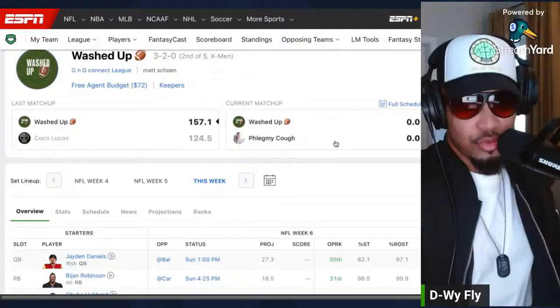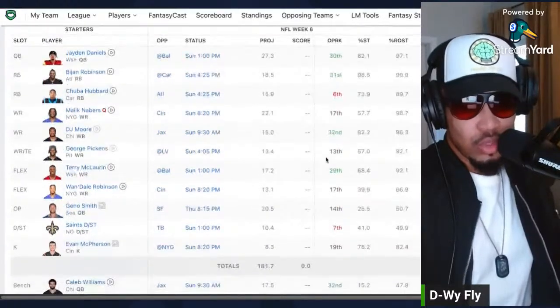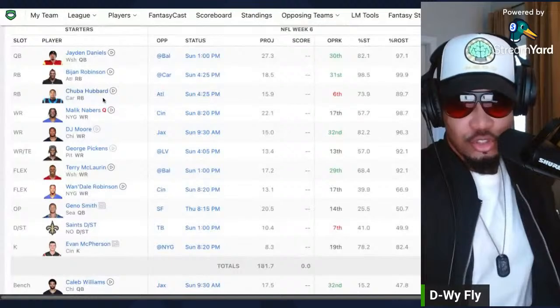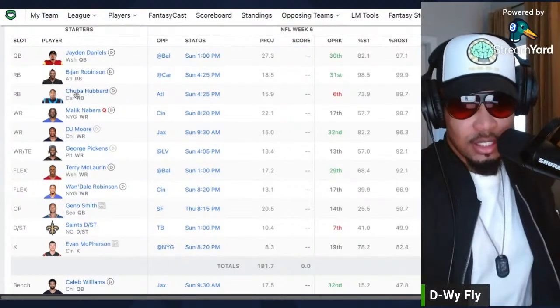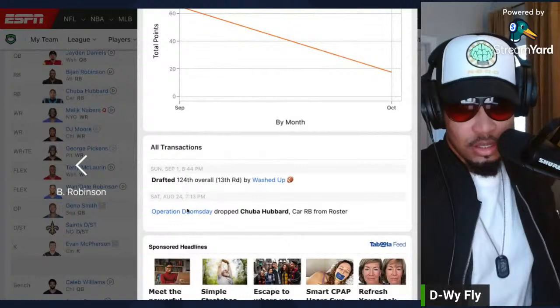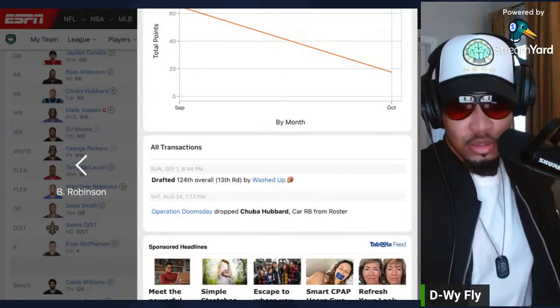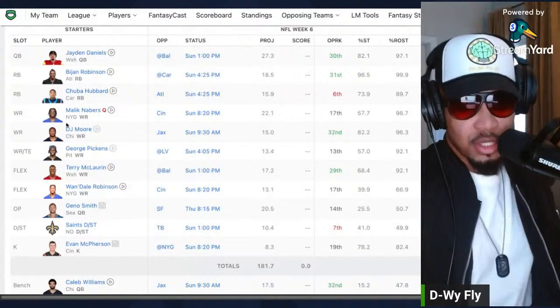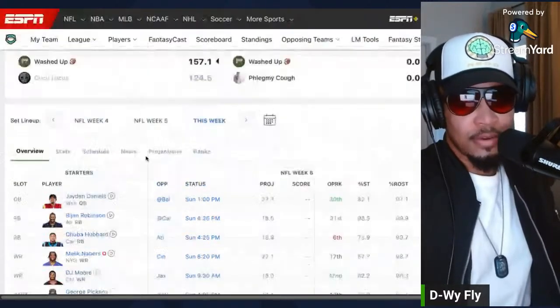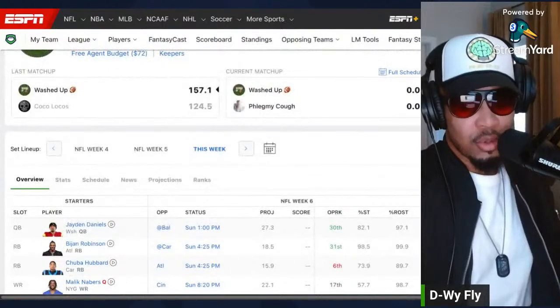Washed Up is 3-2. He got Jaden Daniels, Bijan, Chuba, which has been a great addition. Did he draft him? He had to have, right? Yeah, he drafted him in the 13th. So solid pickup. Malik Neighbors, and you might ask, why does he have all the young players?